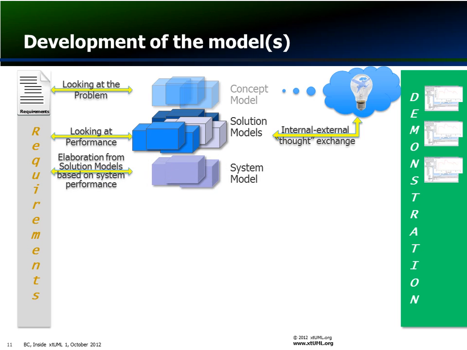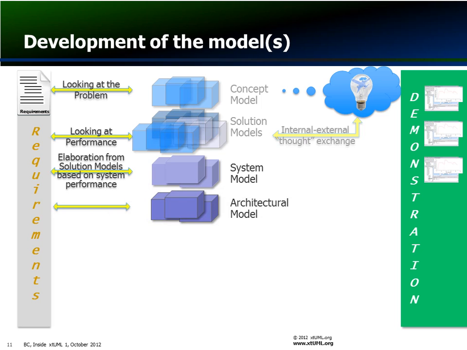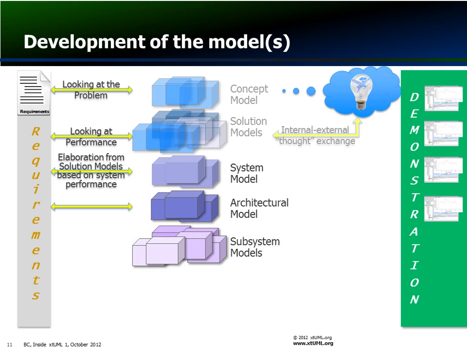It also enables us to extract a system model, elaborating from those possible solutions the ones that look like the most probable candidates, meet the performance goals, serve the needs we're going to have to work forward with. From a system model, we'll start to look at architecture, breaking down the problem into implementable pieces, determining how those implementable pieces will be shared amongst design teams that will address the different disciplines necessary to put together a real